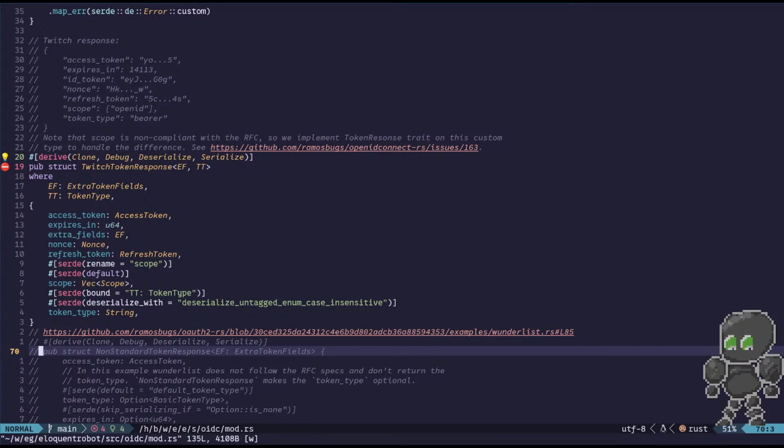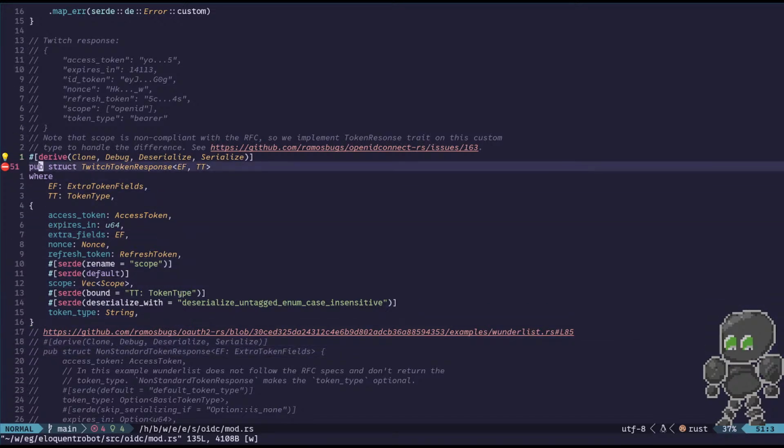Okay. Clone, debug, deserialize, and serialize. That's correct. And then we're going to go struct non-standard token response, EF, extra token fields. Yes. Then we've got